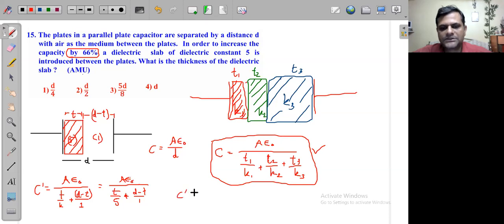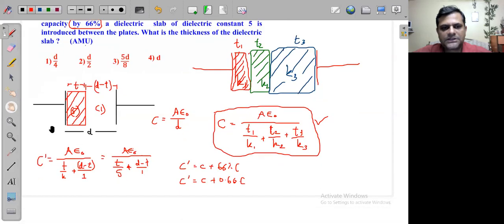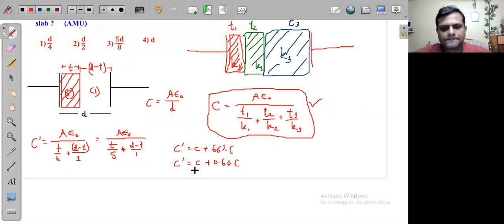That means C dash is going to be C plus 66% of C. Okay, ये हमको दिया हुआ है, तो इसको सॉल्व करेंगे आगे, तो हमको मिलेगा C dash must be equal to C plus 0.66 times of C. If you just take this C common, then we can be able to get this as C dash is equal to C can be taken common and we'll be left with 1 plus 0.66 kept inside the bracket, which happens to be 1.66 actually. So C dash must be equal to